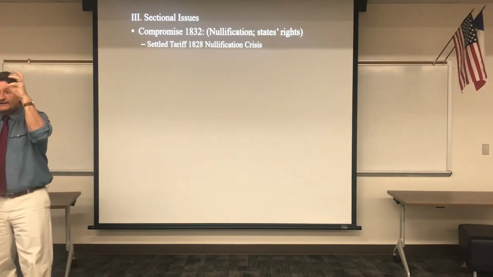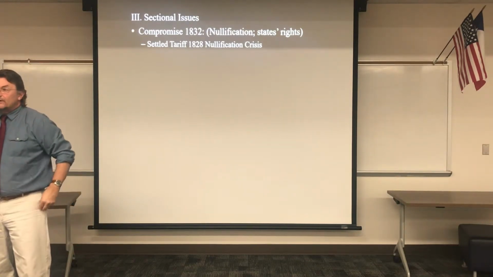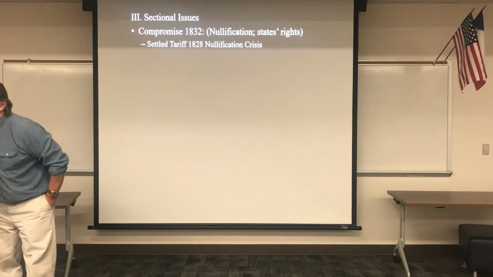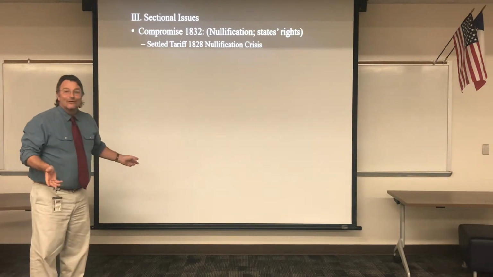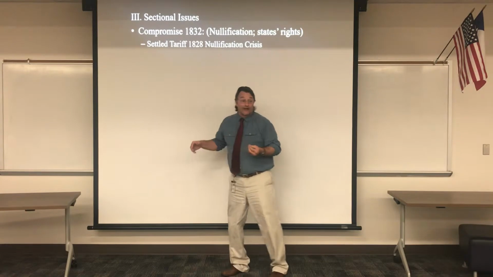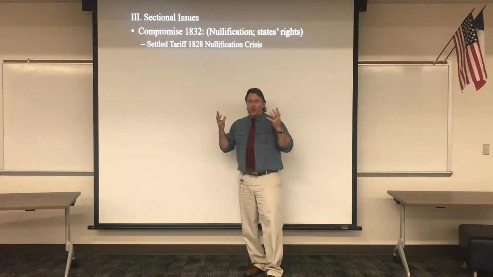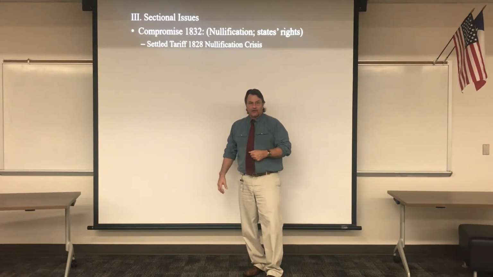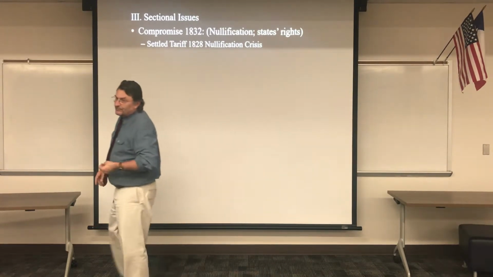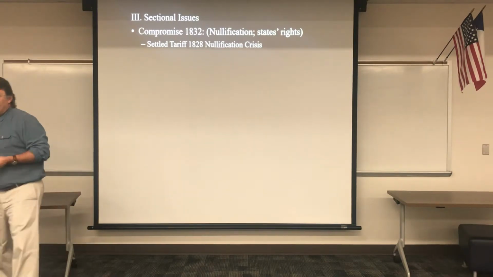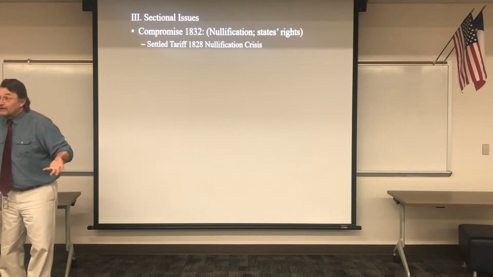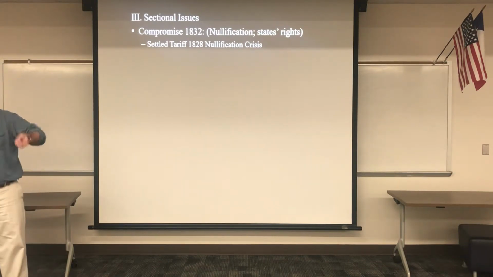When it gets like that, somebody's got to be willing to be the adult. Somebody's got to be willing to say, okay, how about we try this? You know exactly what I'm talking about. You've been through some of these. So that's what's happening here. Jackson says, what about if we lower the tariff? We're going to keep it there. It's federal law. But why don't we lower it down from that 30-something percent down to about 10%? And Calhoun says, we can live with that. So that's the compromise. The tariff stayed in place, so the North got what they wanted.